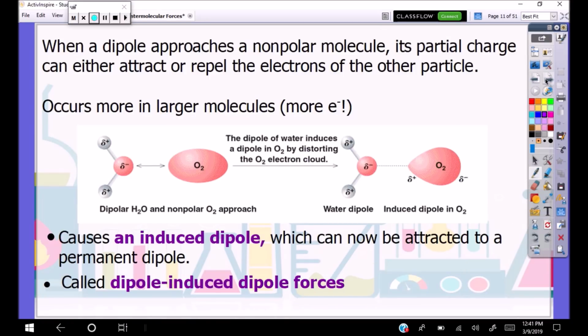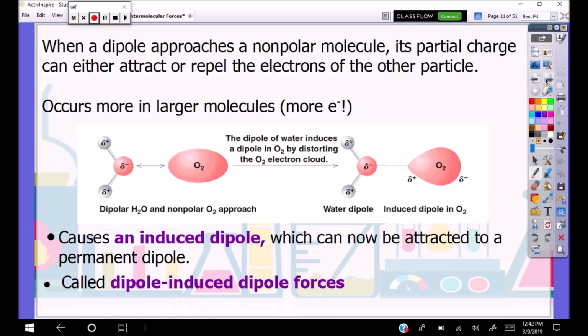This one you're probably not going to see as much, but it's good to just know about. When a dipole approaches another nonpolar molecule, so a polar approaching a nonpolar molecule, the partial charge on the dipole can either attract or repel the electrons of the nonpolar particle. You know that nonpolar molecules have a relatively even separation of charge. And the larger the molecule is, the more electrons there are. So increased amount of electrons means a larger electron cloud, which then can increase what we're going to call the